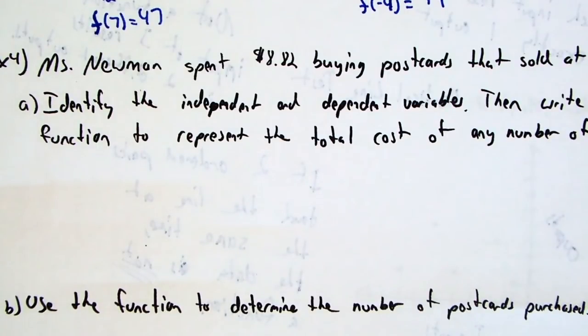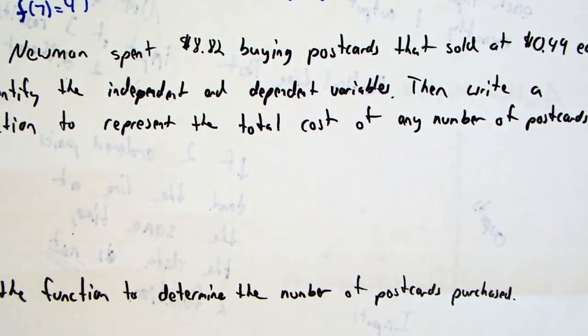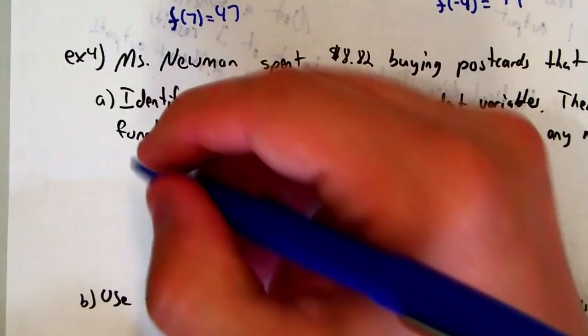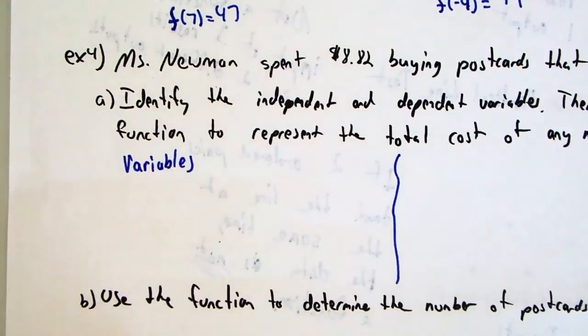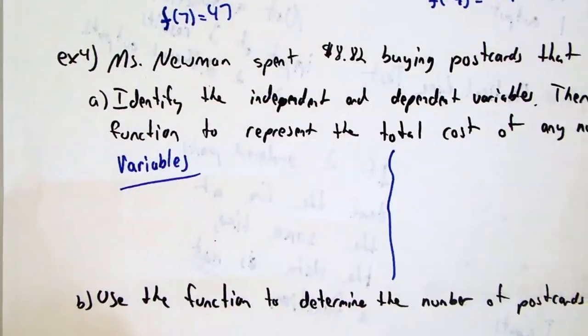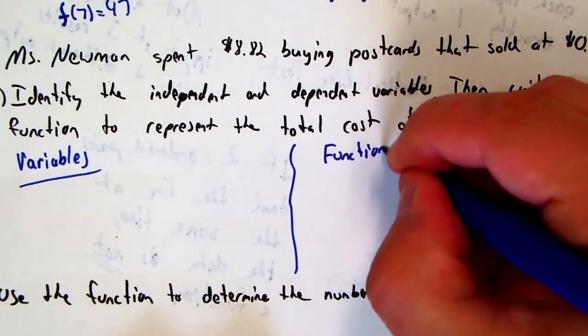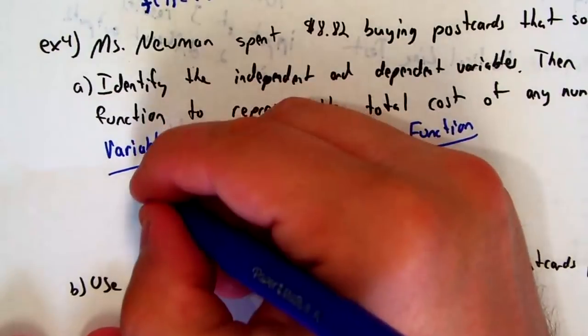All right, so let's go through one last example here. It says Ms. Newman spent $8.82 buying postcards that sold at 49 cents each. Identify the independent and dependent variables, and then write a function to represent the total cost. So we're going to split this in half. Over here, we're going to talk about the variables. Over here,